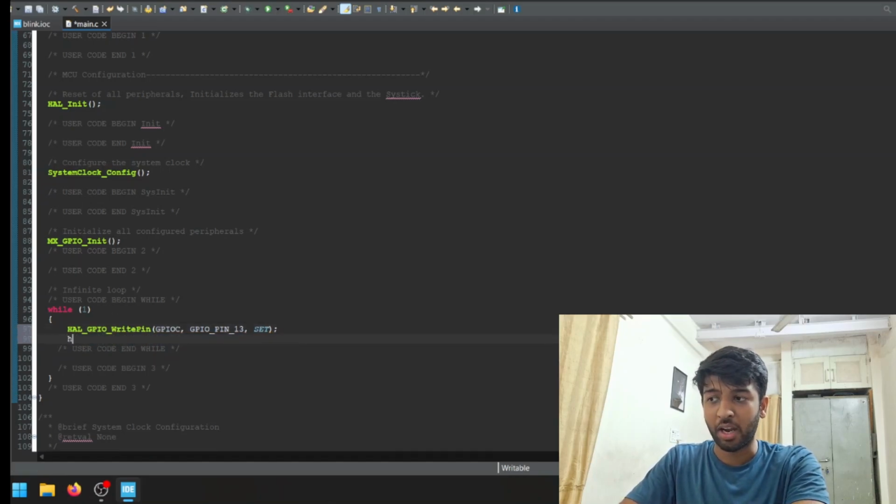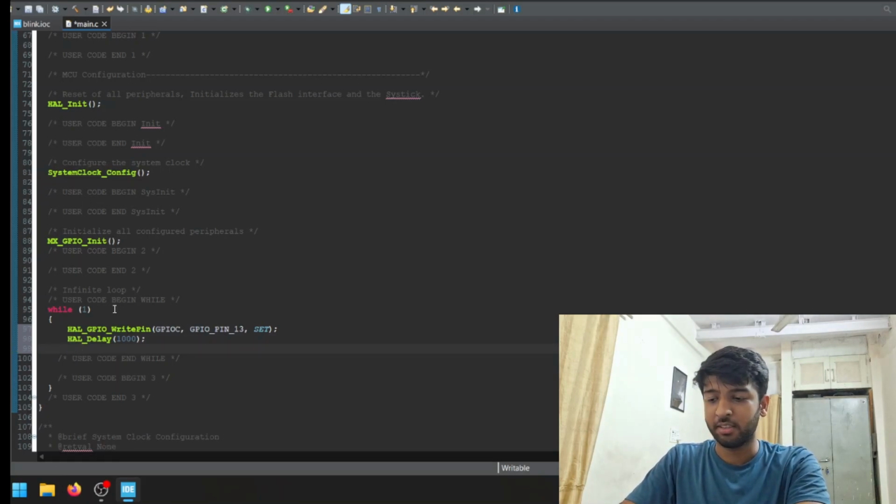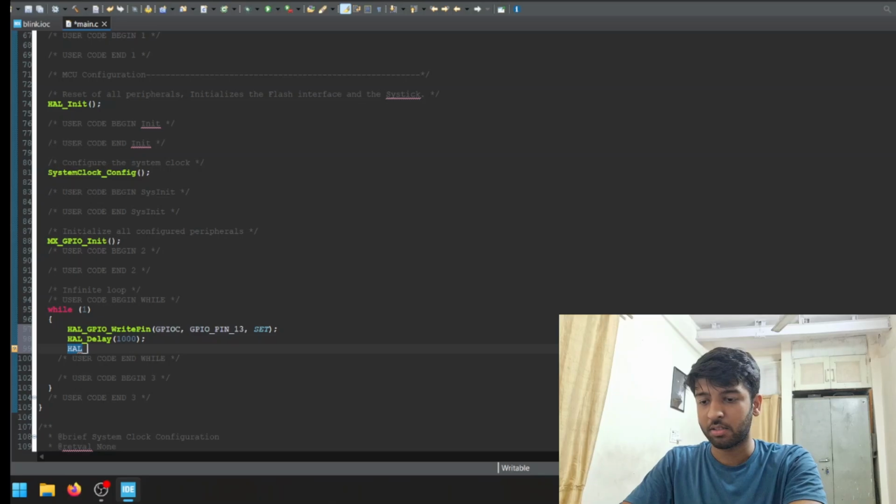and we're going to add a small delay here. The function is called HAL underscore delay. I'm going to add a 100 millisecond delay here on HAL, and to turn off the LED, I'm just going to do HAL underscore